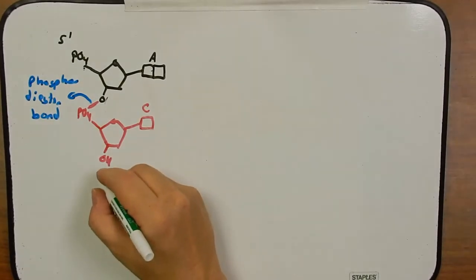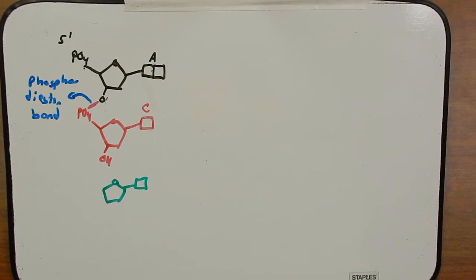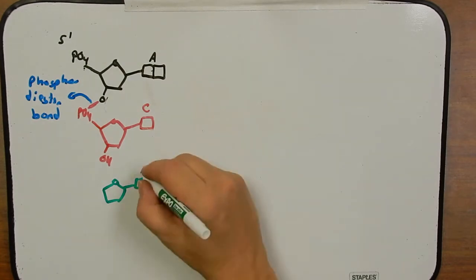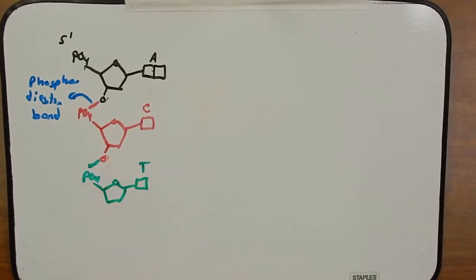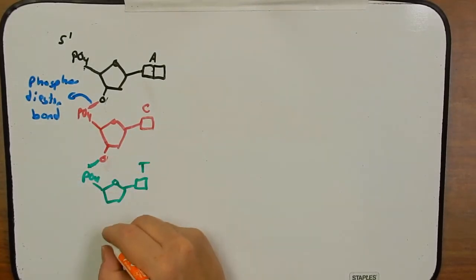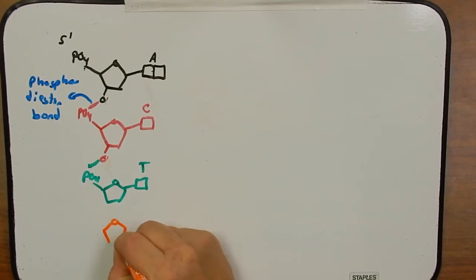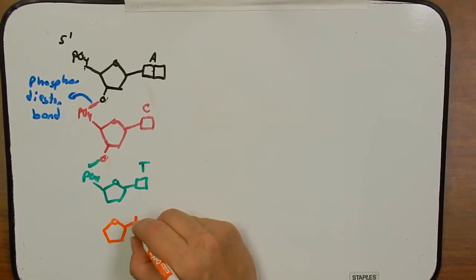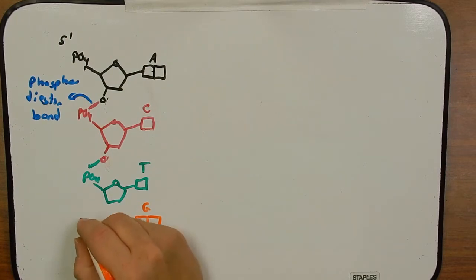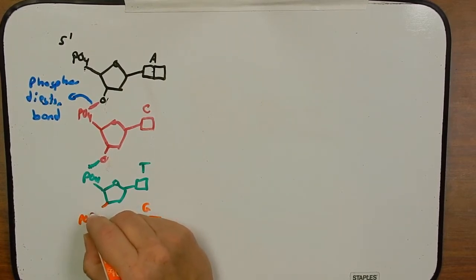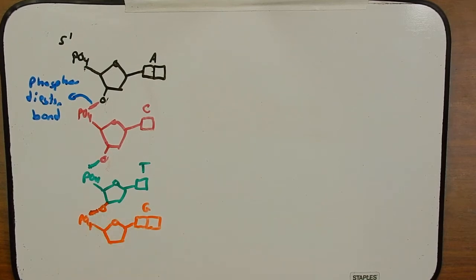The next one, let's make it a thymine. Thymines are also pyrimidines, so they're going to be one ring. We have our phosphate here, and it will form that phosphodiester bond with the preceding nucleotide. And let's go ahead and draw a fourth base, just so we can include them all, so nobody feels left out. And so this will be a guanine. Guanines are purines, so they have two rings. Also has the phosphate group, and it's going to form that phosphodiester bond with the hydroxyl group there.